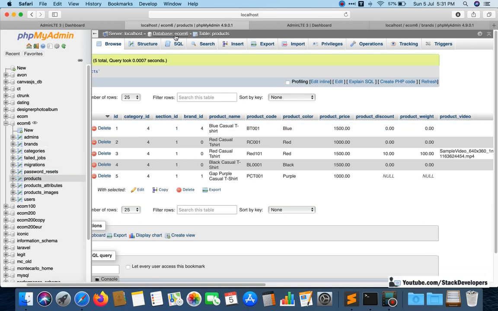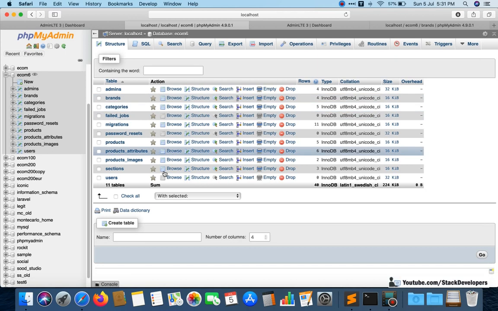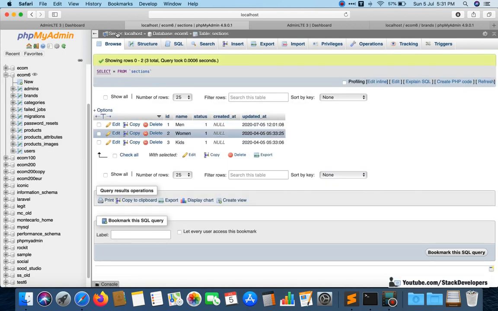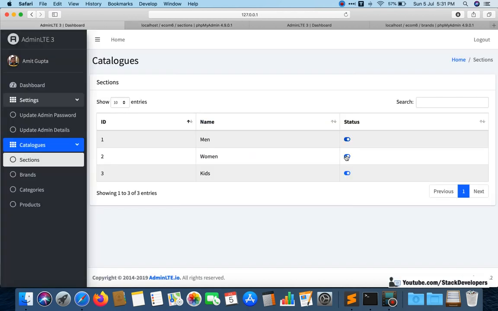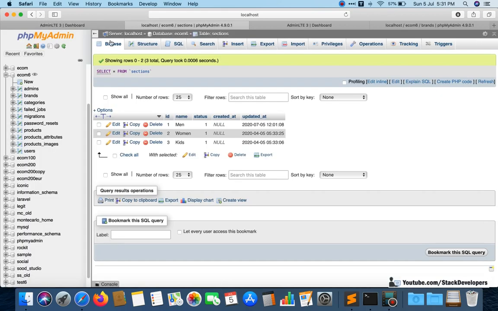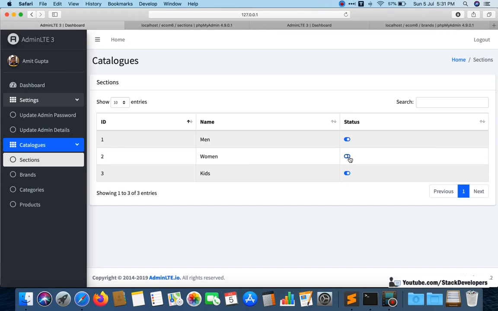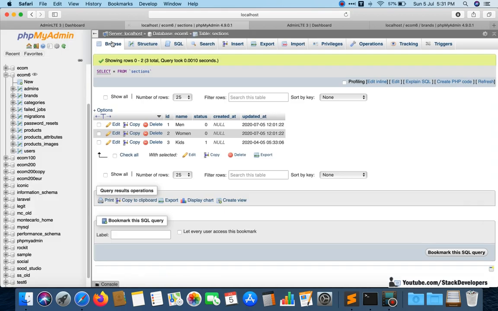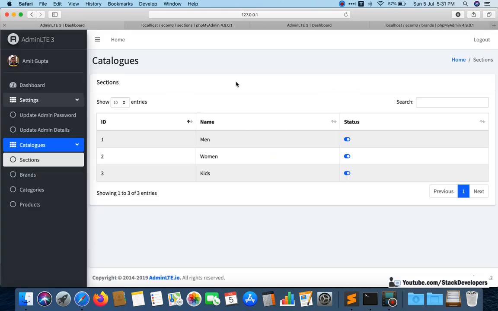You can go in section module, open the section module from here, and see all three are active. And if you make the first two inactive, you can check the first two are inactive. Again, if you want to make them active like this, you can see now these are active. So we were able to replace this in our sections.